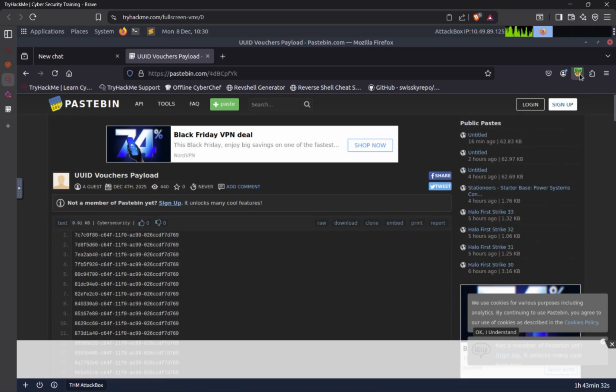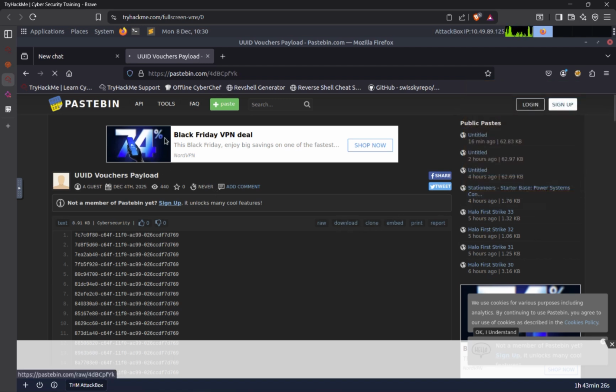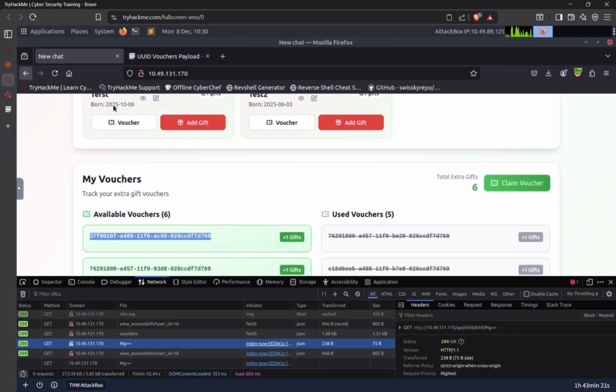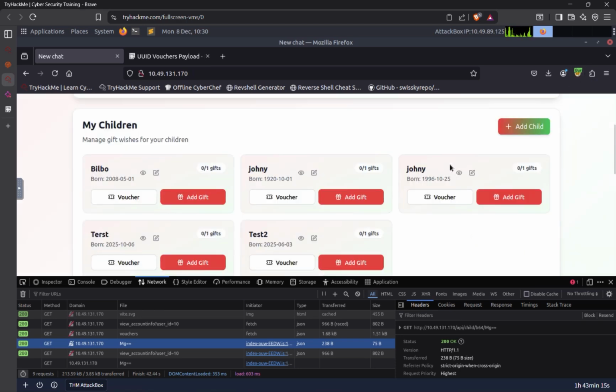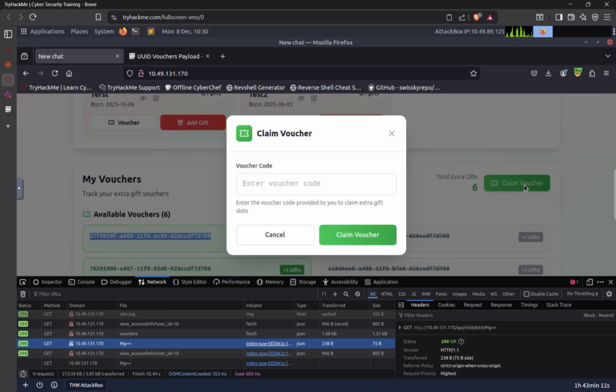So let me turn off Burp for a minute, disable, and download. And I was able to download the payload. Now what we're gonna do is turn on Burp. Burp is already running, so click claim voucher. We're gonna do test,